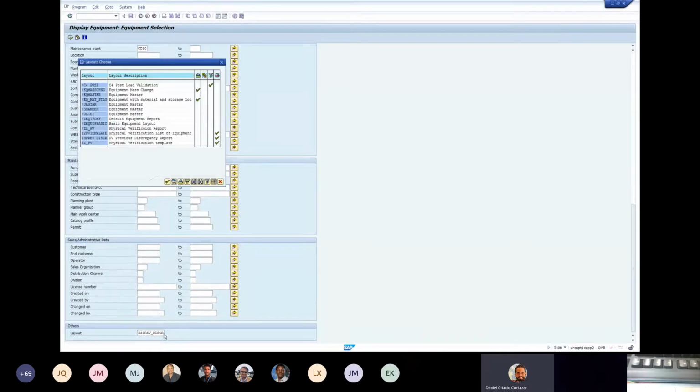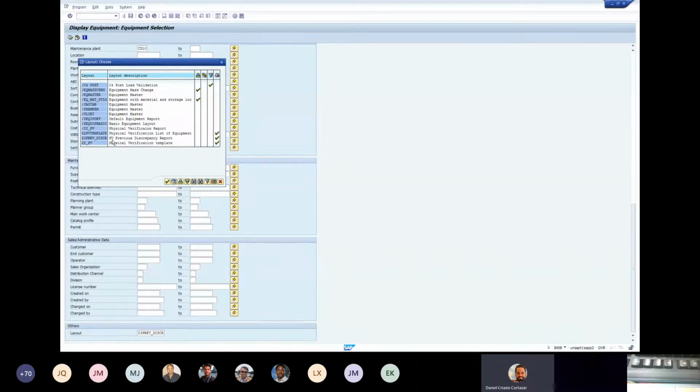You click here on the match code and we'll see that we have some already formatted types of layout. These layouts differ from each other in that they have different columns, different master data elements, and they are sorted in different ways. They might be filtered. If they are filtered, you see a funnel here with a check underneath it. But I did create one for you, and I think it will be good practice once you start doing the physical verification, because we will start using the template at the same time that we are going to launch this